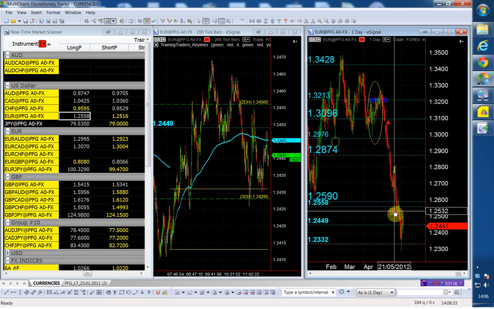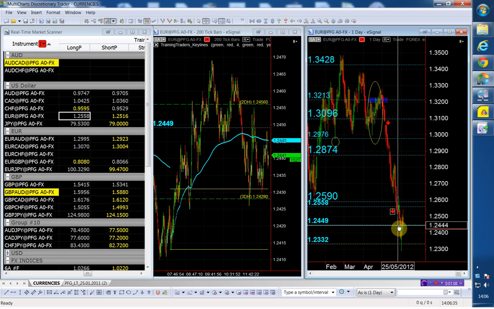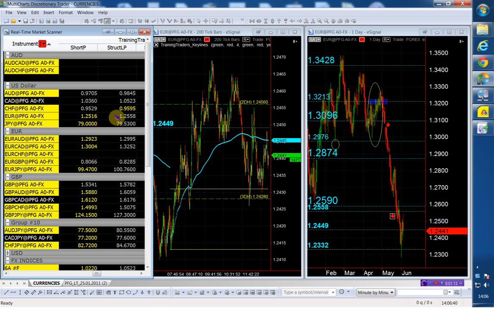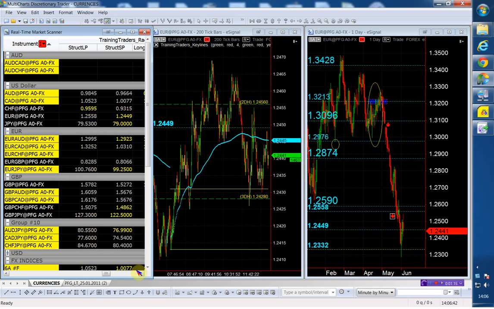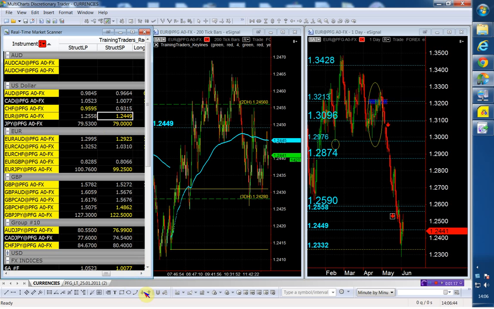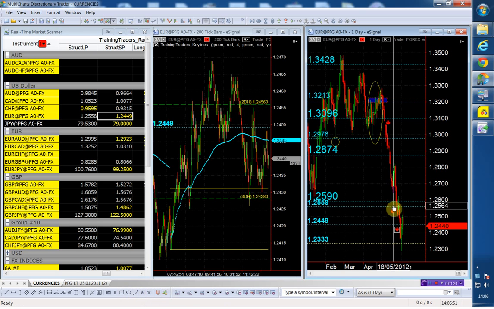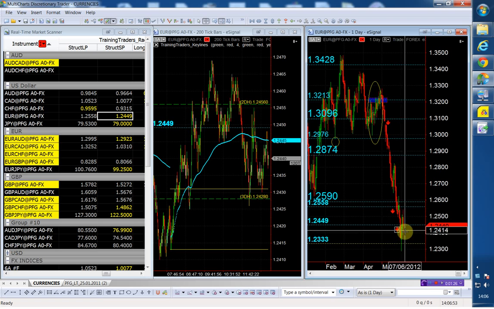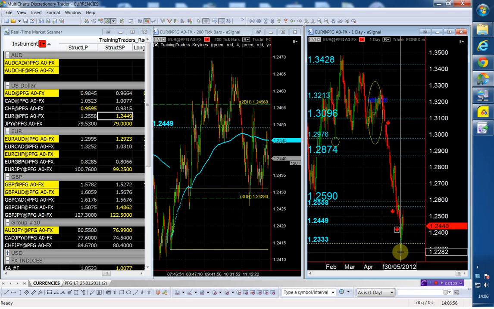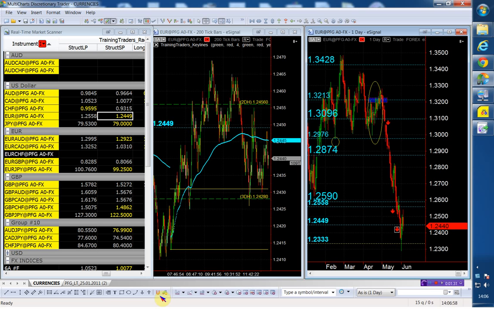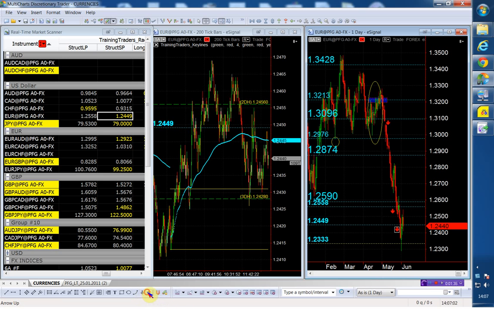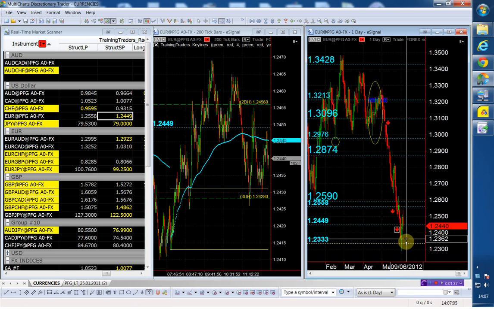And then it went below the structure point, which is the 124. If you look here, the next structure point is the 124.49. It came below it again. And once it took the second structure, it went all the way down to the third structure, which is the 123.33. And once it comes back above it,